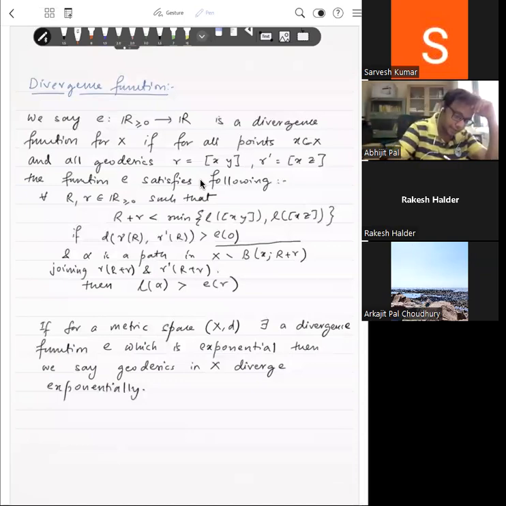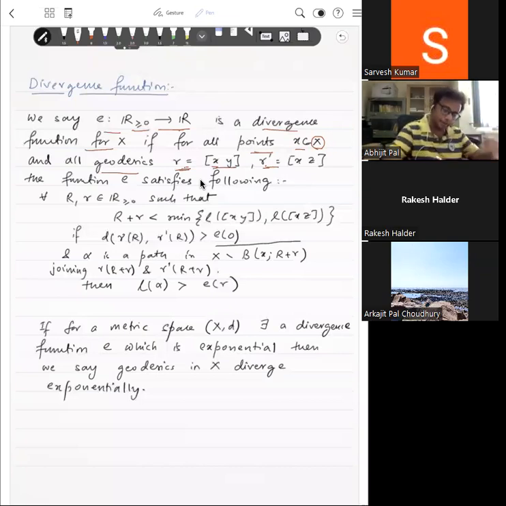We say this function E from the non-negative real numbers to R is a divergence function for a metric space X if for all points X in this metric space and all geodesics gamma and gamma prime starting from X, where gamma is a geodesic joining X and Y, and gamma prime is a geodesic joining X and Z, the function E satisfies the following: for all non-negative numbers capital R and small r such that capital R plus small r is less than the minimum of the lengths of these two geodesics,